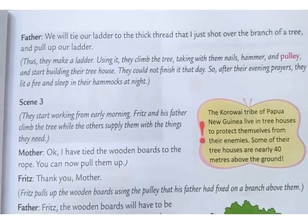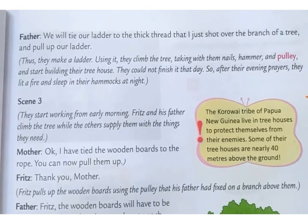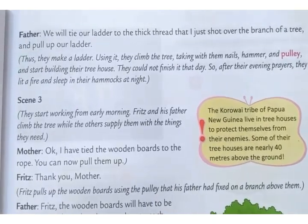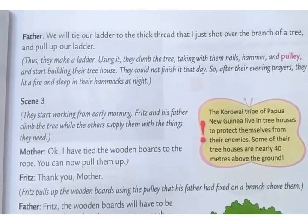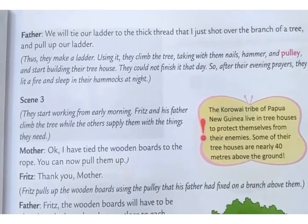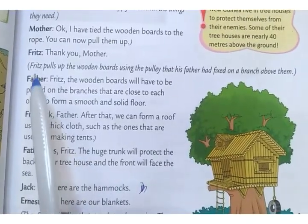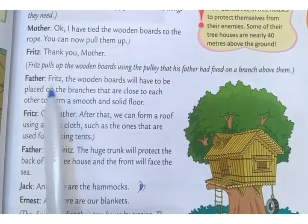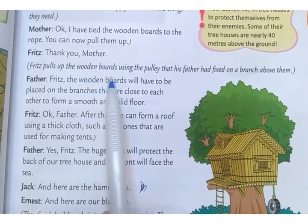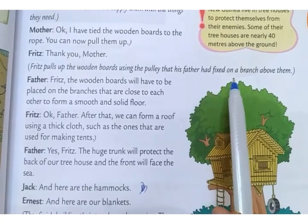In this scene, we can see that they start work from the early morning to build the tree house. At that time, mother was ready to help them. She tied the wooden boards to the rope and asked them to pull. Fritz: Thank you, mother. Fritz pulled up the wooden boards using the pulley that his father had fixed on a